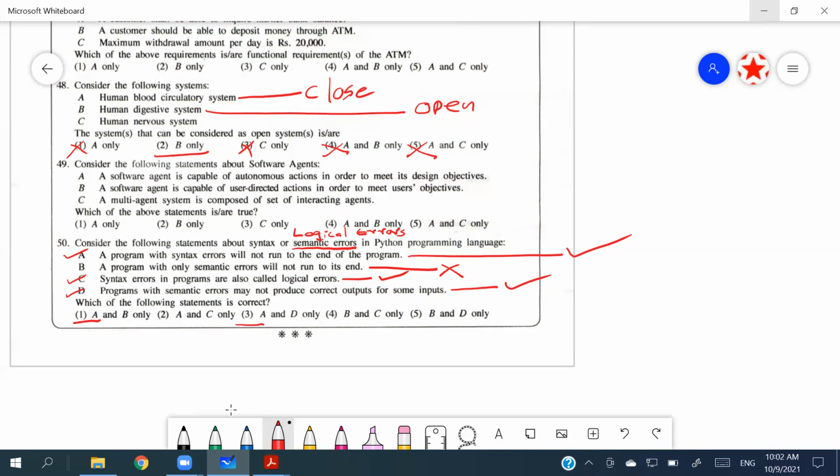Semantic errors, improper use of program statements, logical errors, still the fact that specification is not respected. Yeah, people, just give me some time. I'll go through and tell you the exact reason. It seems there is a difference between the semantic and logical errors, so we need to be clear with that, right? So keep the 50th, right? I'll clear that after this session, right? Okay, so